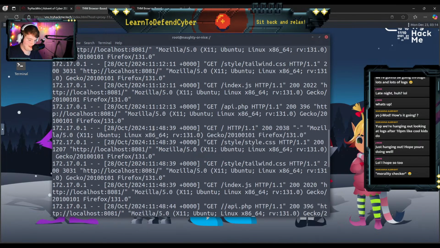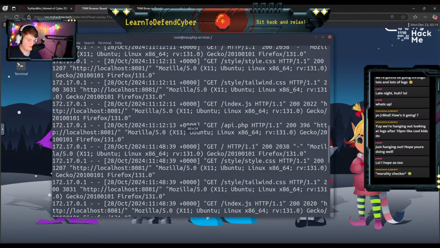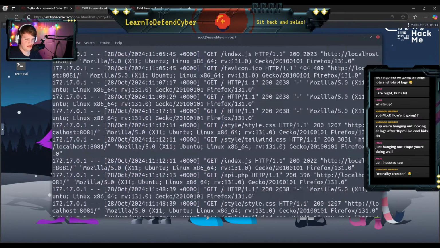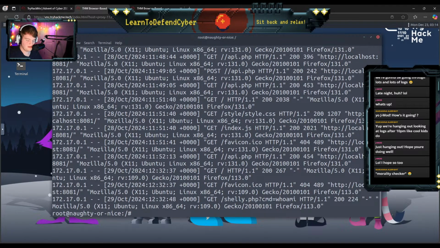Probably going to just get a lot of noise here. Yeah, log files are pretty noisy. I can probably make this a little bit bigger so we can read it easier. Alright, beautiful. We have the 28th of October, it seems. Oh, well, we go to the 29th for a bit.